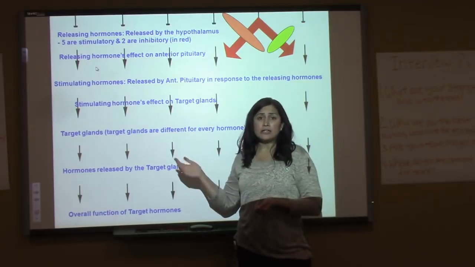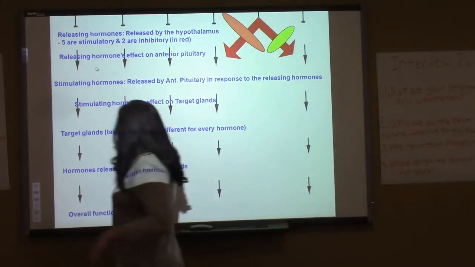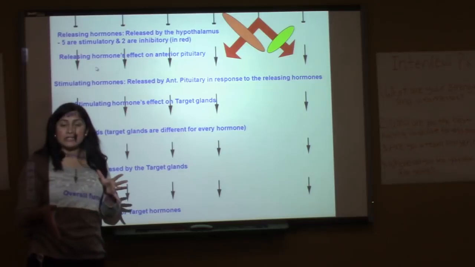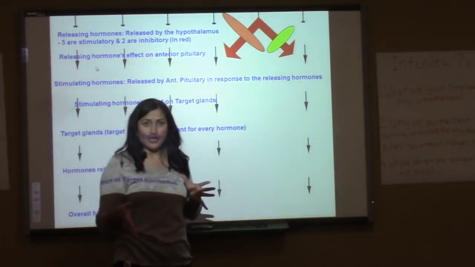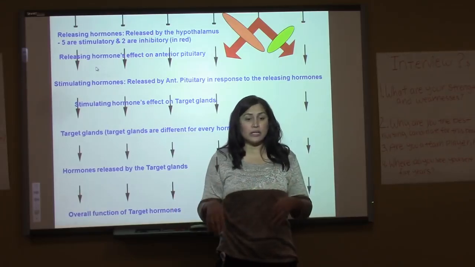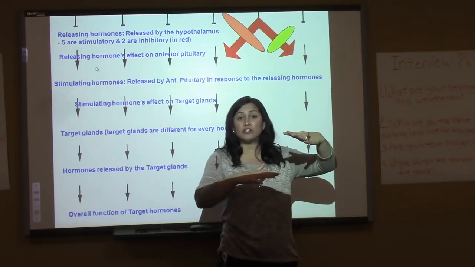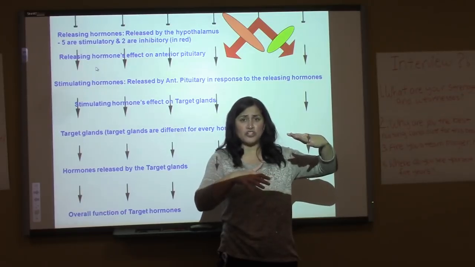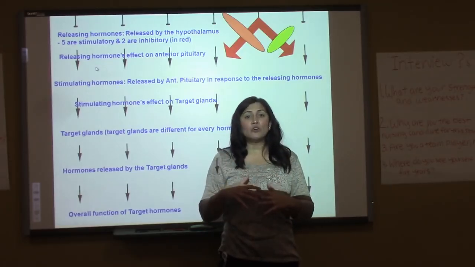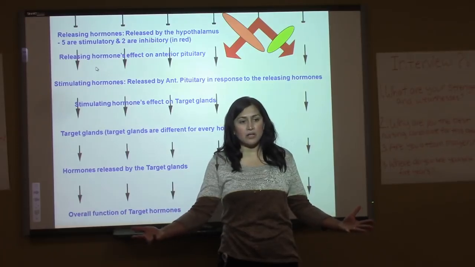And then the next slide actually lists all of the hormones. So this is the connection between the hypothalamus and the anterior pituitary, and then the rest of the endocrine glands. The way it works is the hypothalamus will release hormones. They will in turn either stimulate or inhibit the anterior pituitary. If they stimulate it, the anterior pituitary releases hormones, and those hormones go and affect other glands, and now